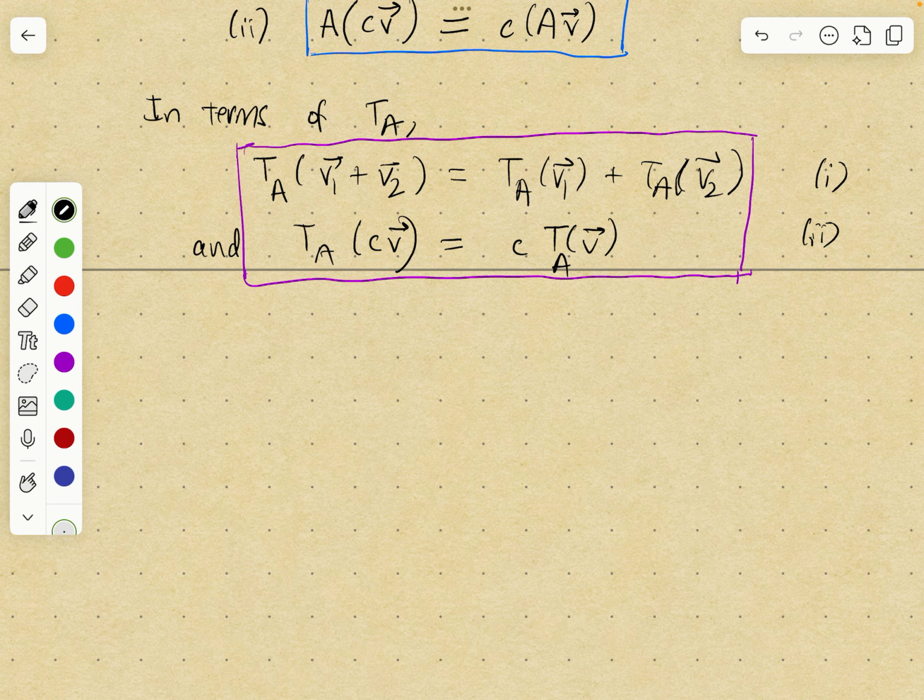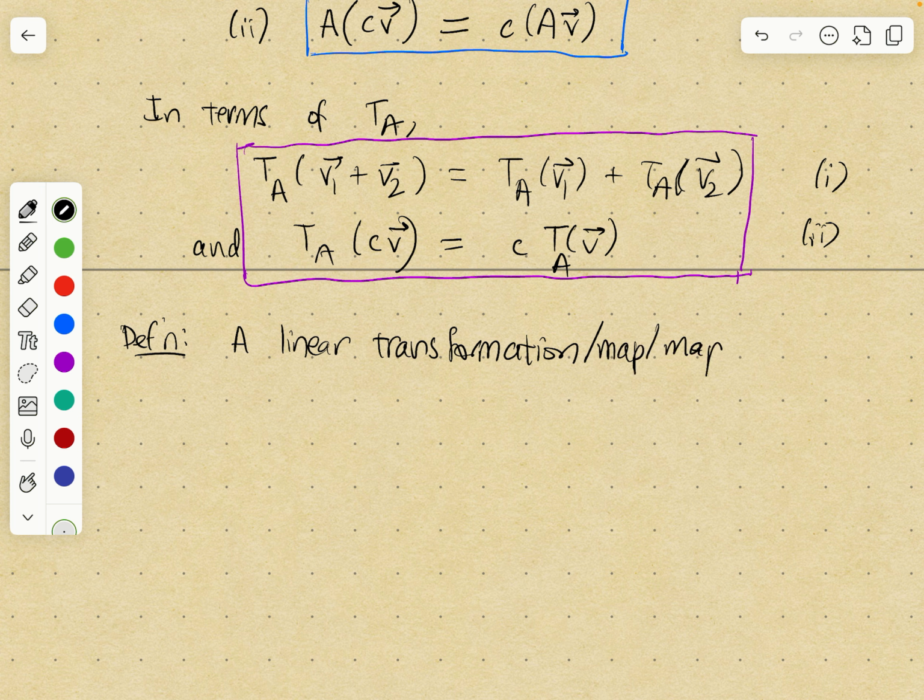And so this leads us to the definition of a linear transformation. Basically, a linear transformation is a function that makes these two equations true. So, definition. A linear transformation, by the way, sometimes instead of the word transformation, the word map or the word mapping is used. They all mean the same thing. So a linear transformation, map, mapping, for me, I'll use linear transformation